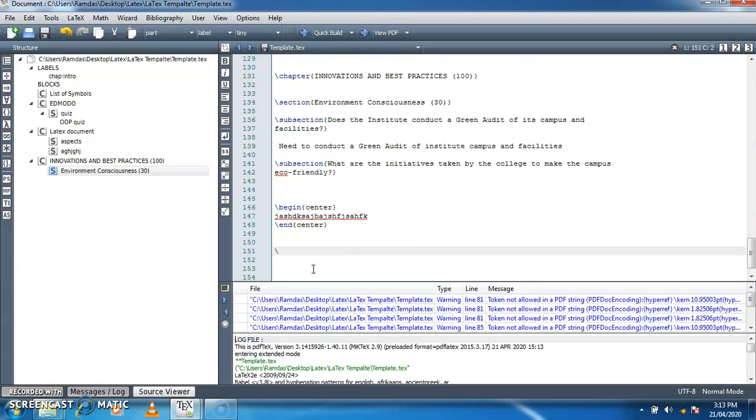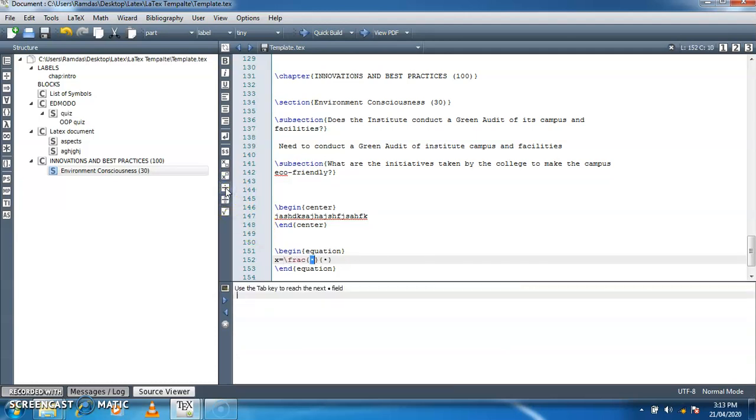Now there is the next command: suppose we want to include an equation. The command is begin equation and end equation. In between these two lines we need to write down the equation in our LaTeX document. Suppose I am writing the equation x is equal to, there are ready-made tools available here.